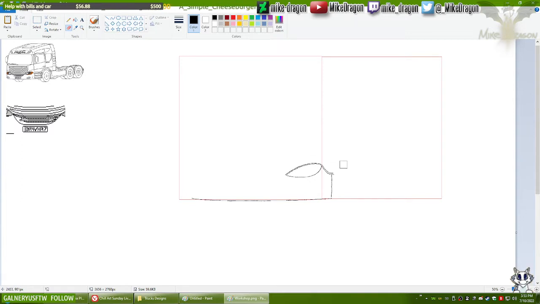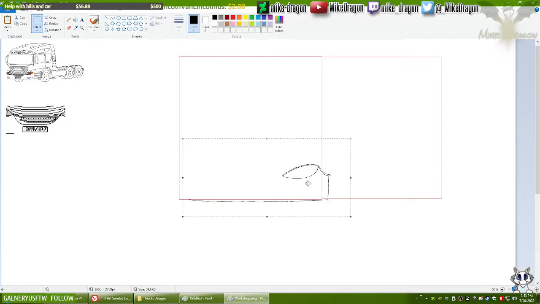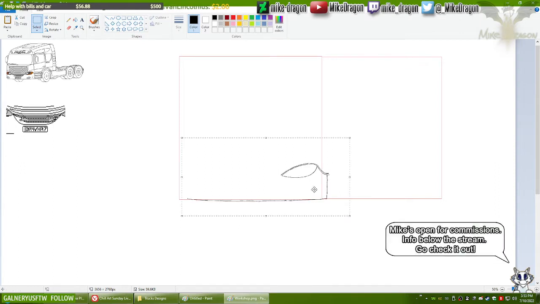Now I am going to erase this headlight and piece of bumper. Paste this one on top. Just gotta be careful to position it correctly. Correct spot. Yeah, there. Seems good.